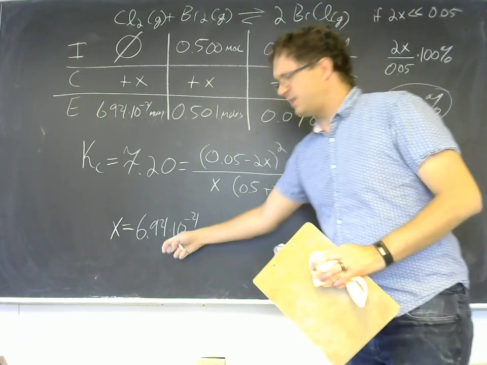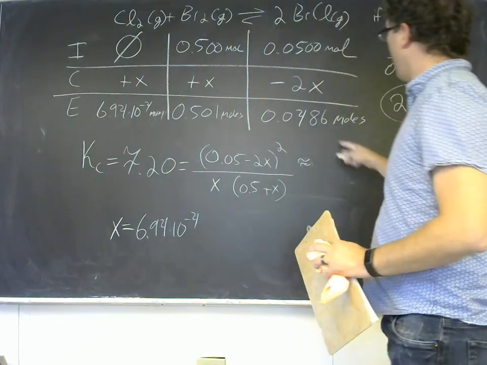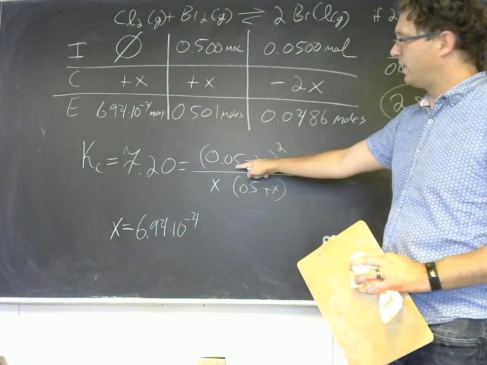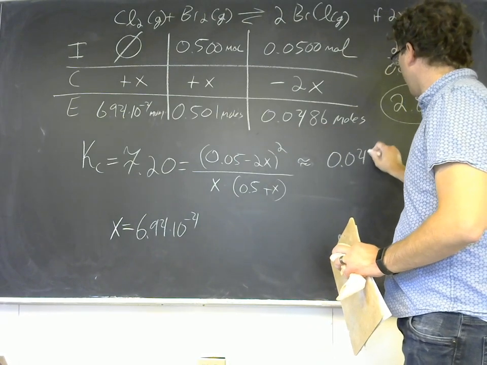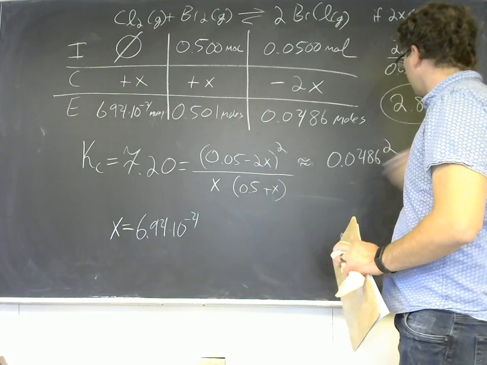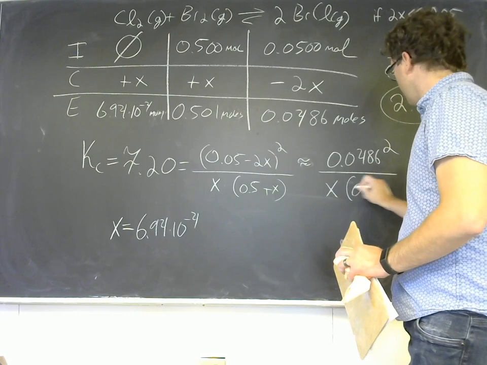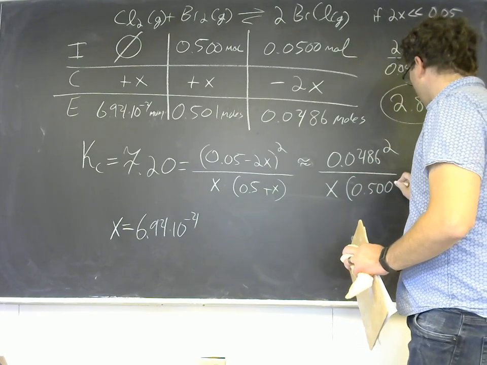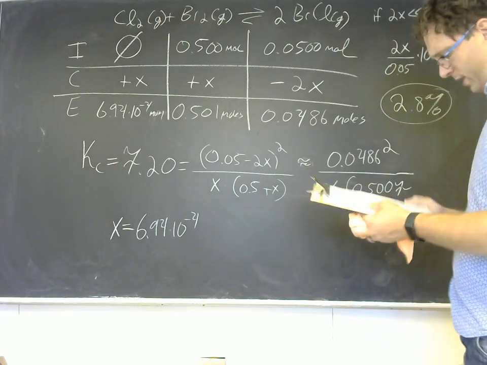Well, this isn't the right answer, but it's close to the right answer. And so that means this is close to the right answer as well, certainly closer than 0.05. So let's do 0.0486 squared over x times 0.50, and let's do 0.7. We'll carry an extra sig fig there as well. Okay, now if we do that